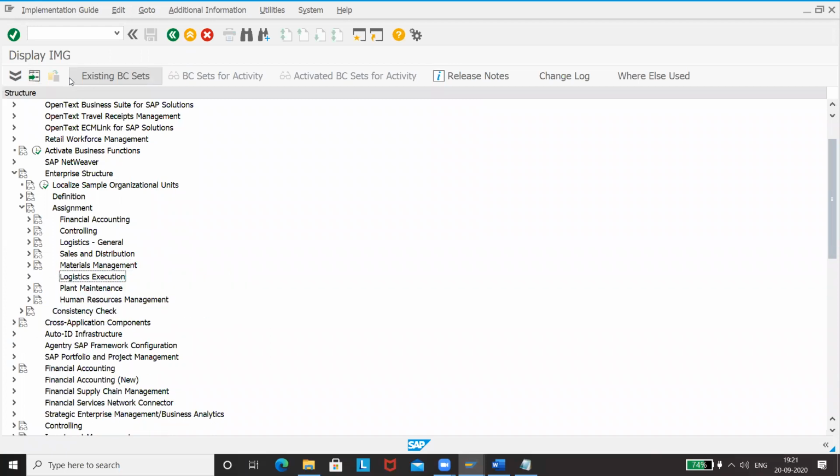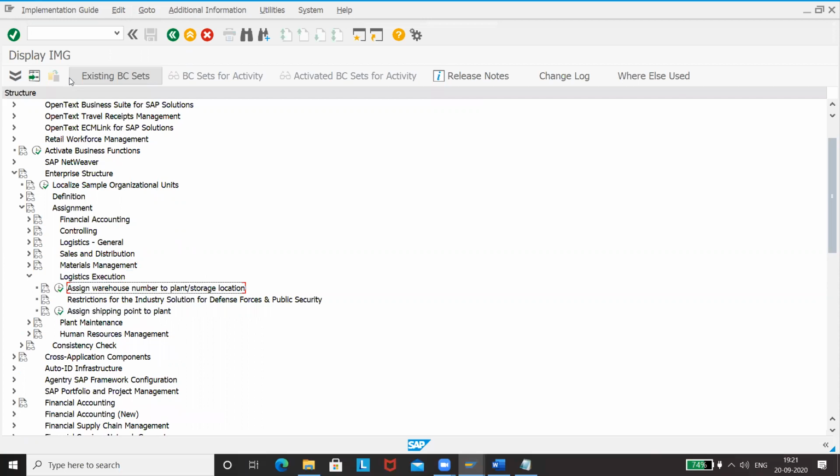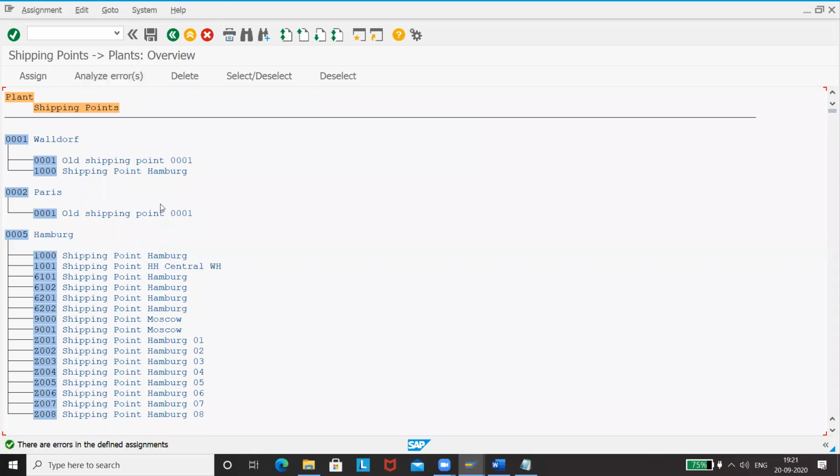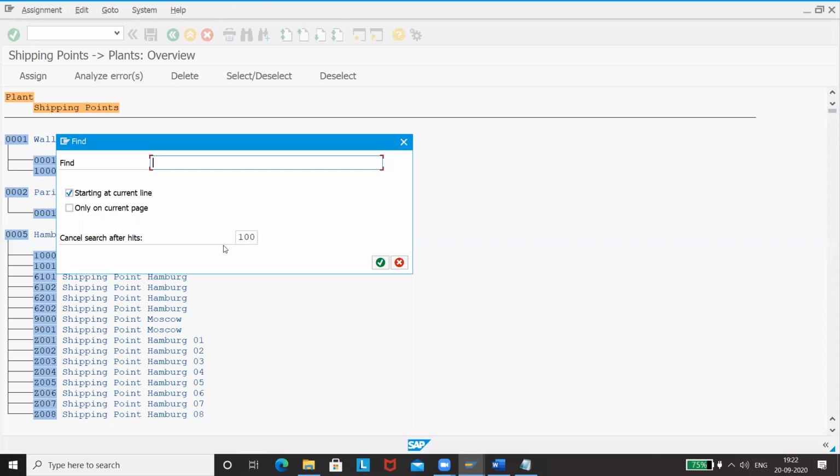Now logistics execution. For warehouse number, we haven't maintained any warehouse numbers. This is not needed. This is needed. This is a tricky point. You will have to click on F4. R is R3.